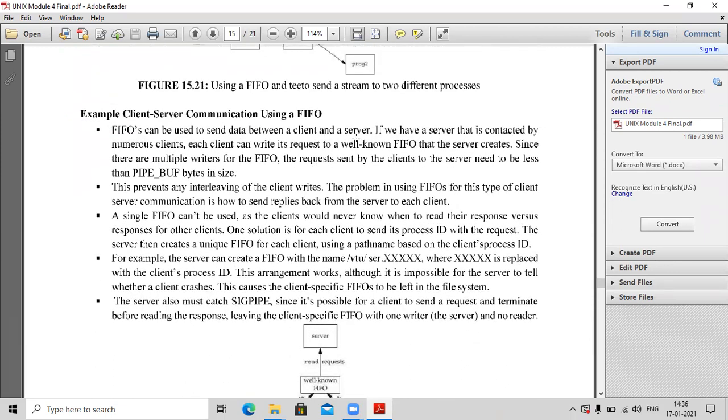That particular FIFO file is called a well-known FIFO that the server creates. All the clients will write their requests to that well-known FIFO. Since there are multiple writers for the FIFO, that means many clients will be writing to that well-known FIFO. The request sent by the clients to the server needs to be less than PIPE_BUF bytes in size.